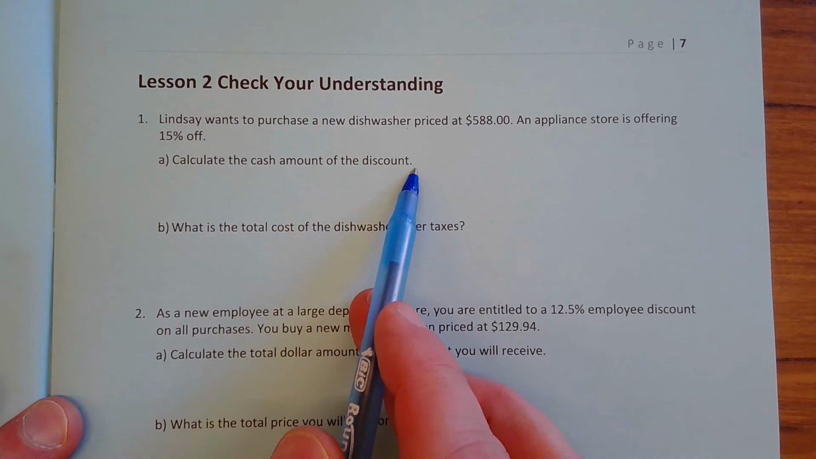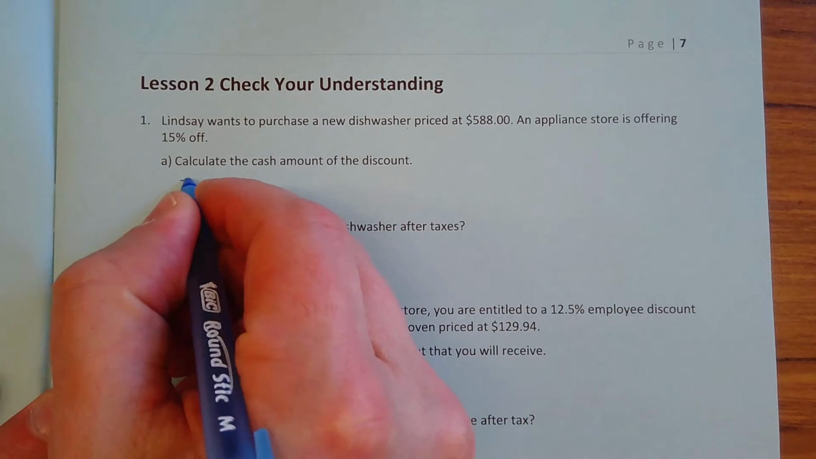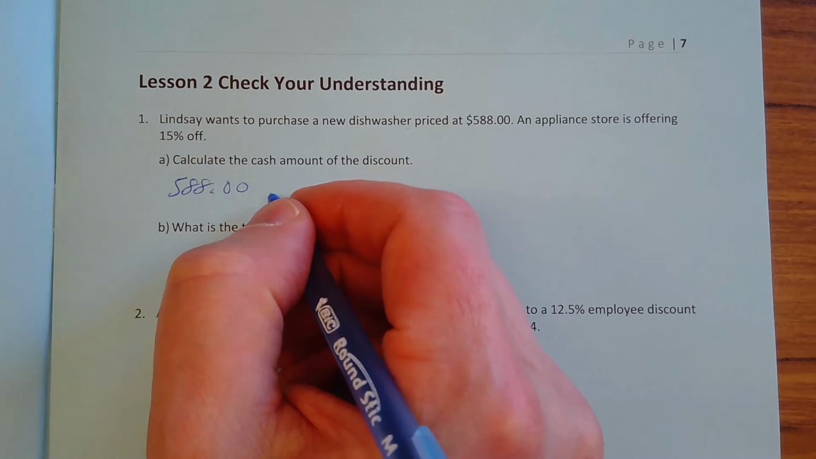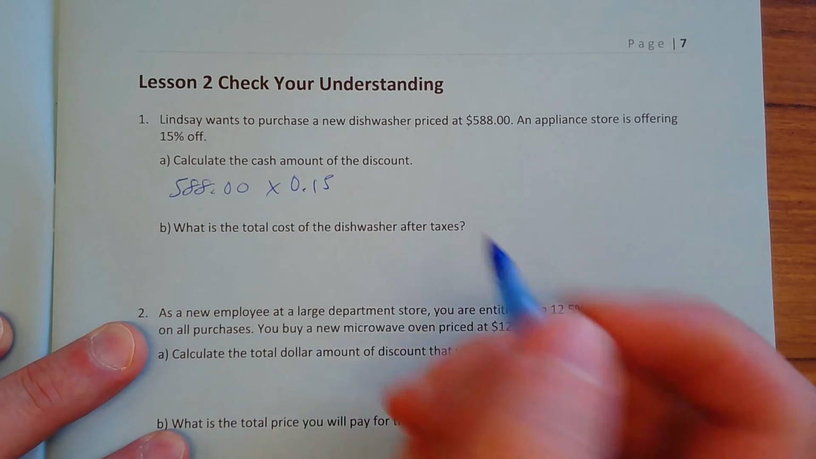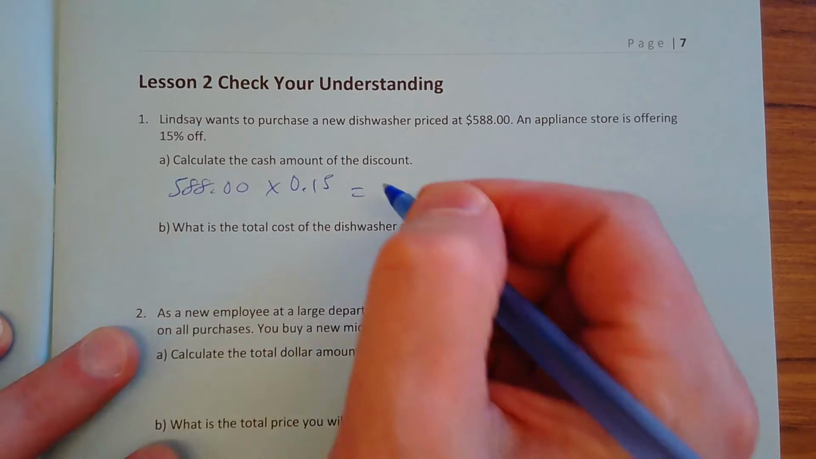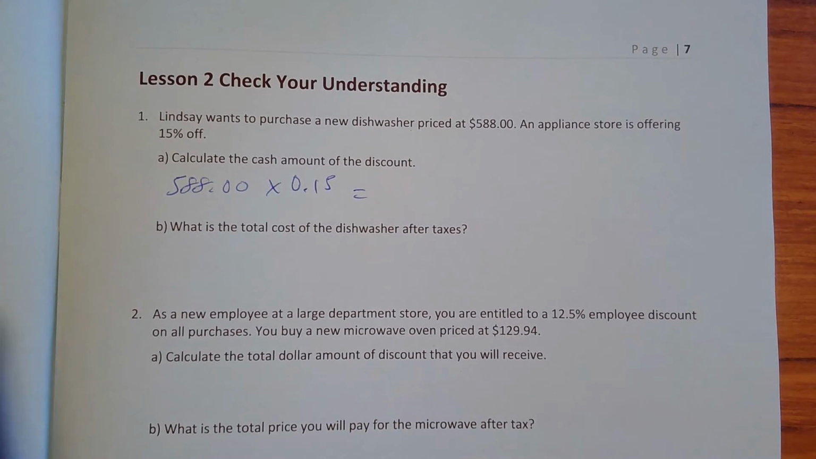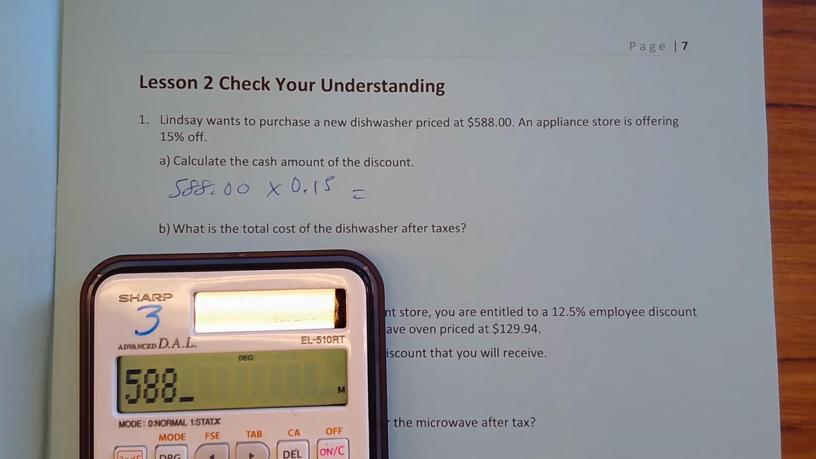Calculate the cash amount. So how do we multiply by percents? What do I do? 0.15. Yep. I can either multiply by 15 divided by 100, or I can just go times 0.15. It'll give me the same thing either way. And if I punch that into my calculator, that's the other way. You could go times 15 divided by 100, okay. But the quick way is just to go 0.15. Okay. So times,